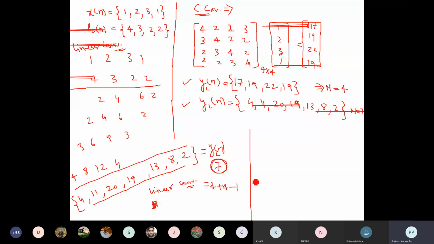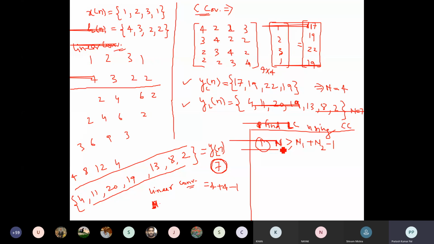For that, the first method that we have studied is: the main step is that we need to find the linear convolution using circular convolution. So this is L, this is linear convolution. The first step that we need to do is find n1 plus n2 minus 1, and